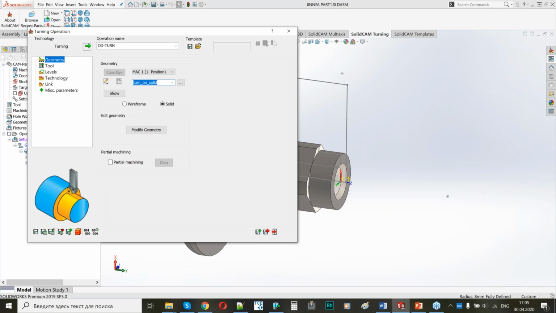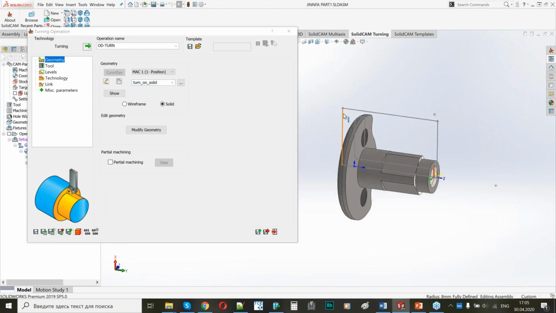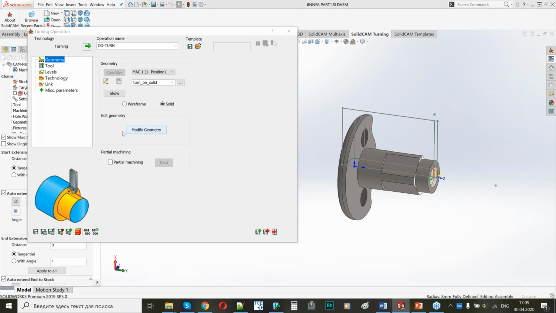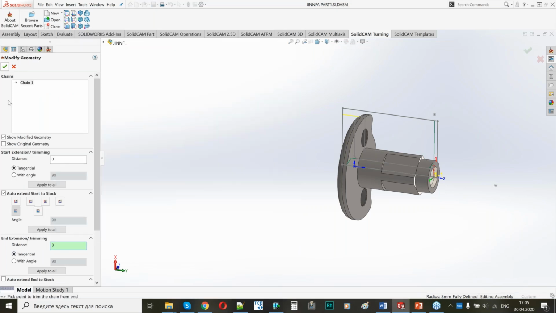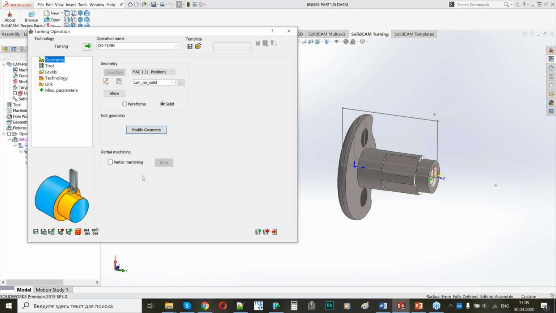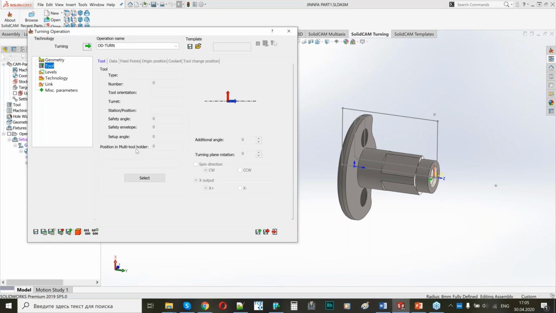The only thing I need to add is extension. I would like to cut till this line, so I will modify a little bit my geometry. I will add 3mm more here, and what I can do, I have to add, of course, my tool